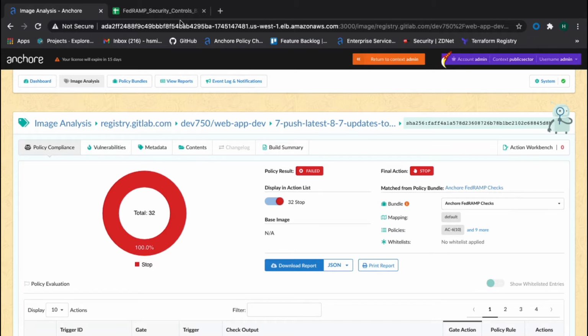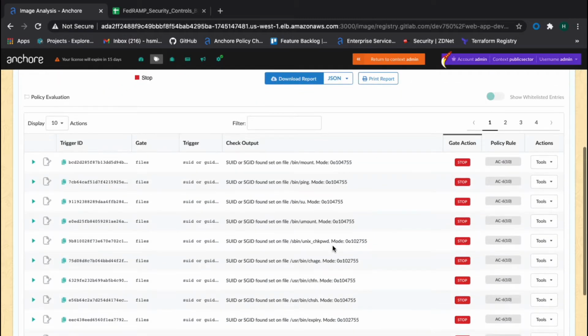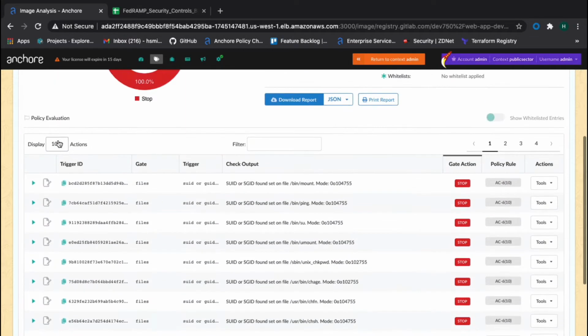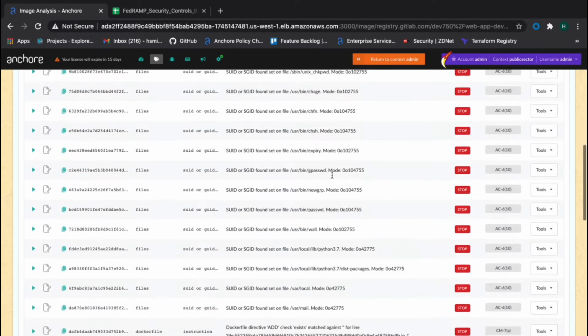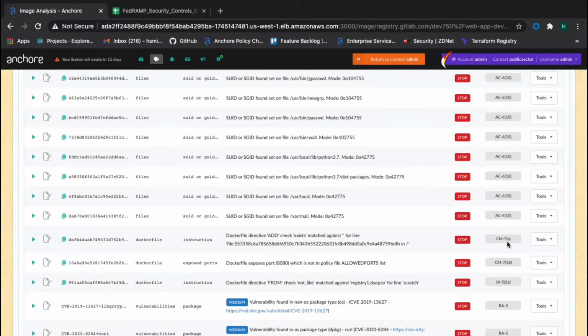So here we can go inside our image and see which security controls we are failing. You can see off the top we're seeing a lot of failures for AC-6(10). You're seeing failures for CM-7, CM-7(1)(b), IA-5(2), and this is a lot different than what other scanners out there provide,